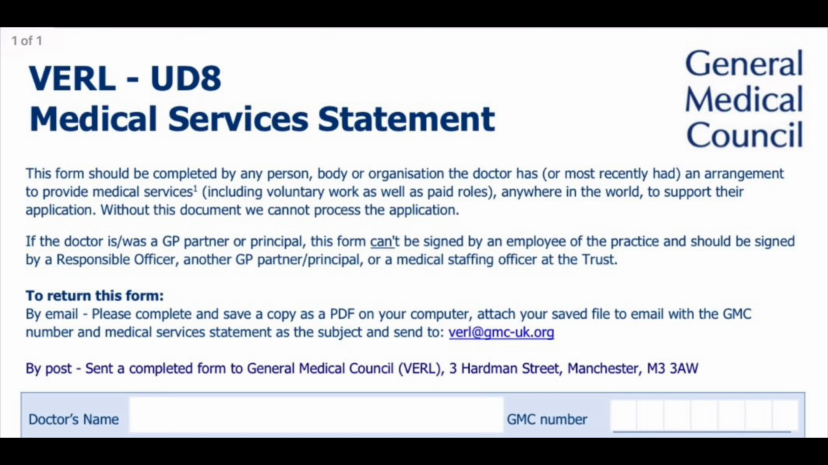Now, this can be the organization you're currently working in, and if you're not employed at this moment, then the most recent organization where you worked. Without this document, GMC cannot process the application. If the doctor is or was the GP partner or principal, this form cannot be signed by an employee of the practice and should be signed by a responsible officer, another GP partner or principal, or a medical staffing officer